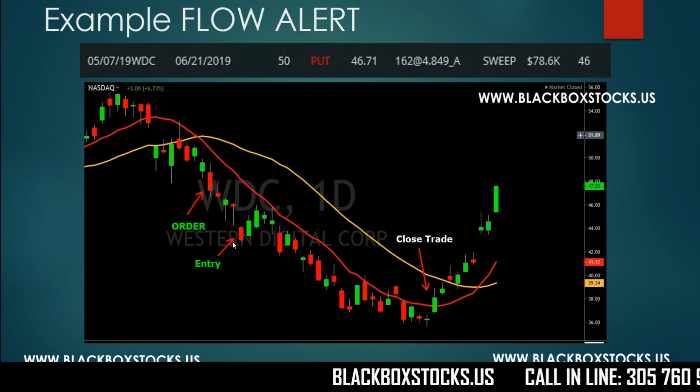But here's the point. This option does not get taken advantage of by me until we hit 50%. Until that trade generated a return of 50% on the price of this option, I wasn't going to jump in it, even though it was a beautiful trade. Who knows how the trade is going to end up? Nobody knows. But when I know that you're up 50% already, now it's a much more exciting trade,